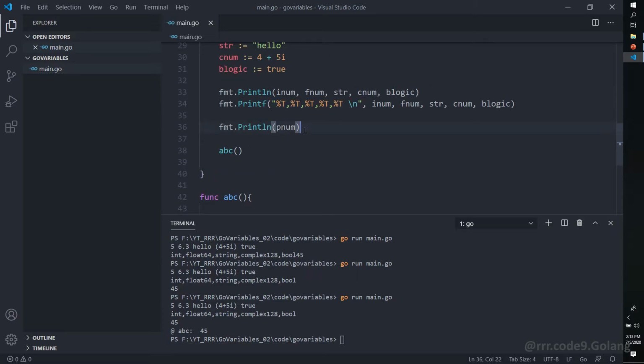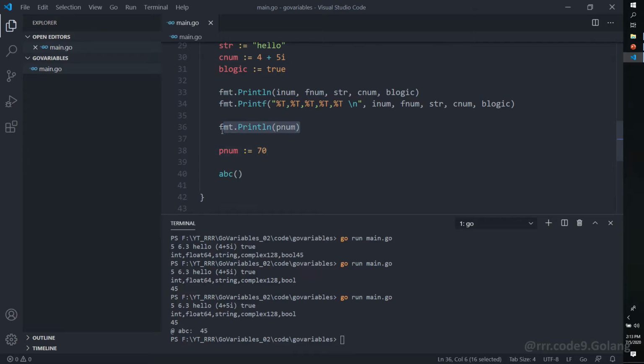Another thing I would like to highlight here is that it's not a good practice to do that, but you can give a variable the same name as that of a package variable. For example, we can define a variable pnum inside the scope of the main function or the scope of any other function. So we can assign a value to pnum as 70.